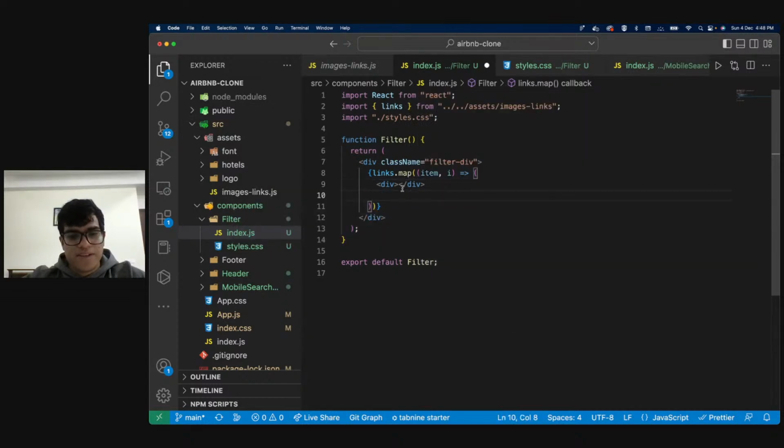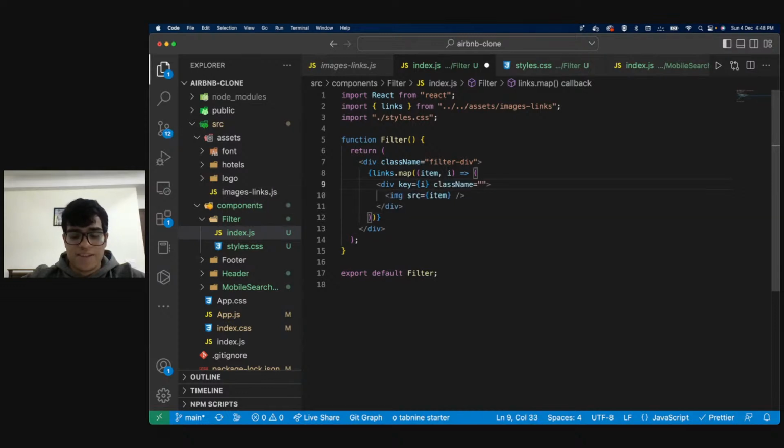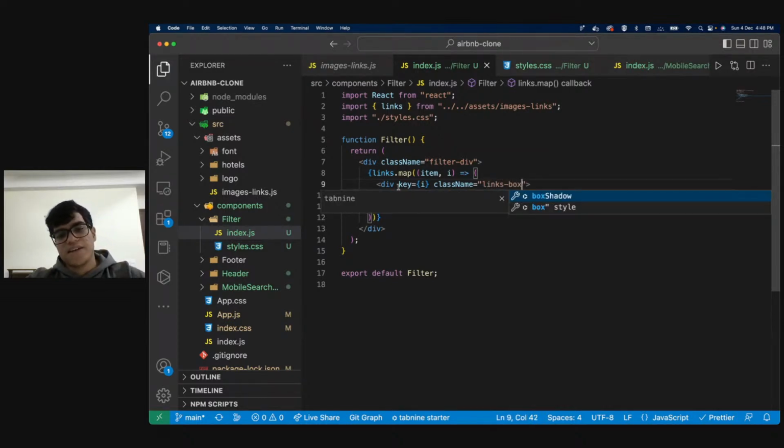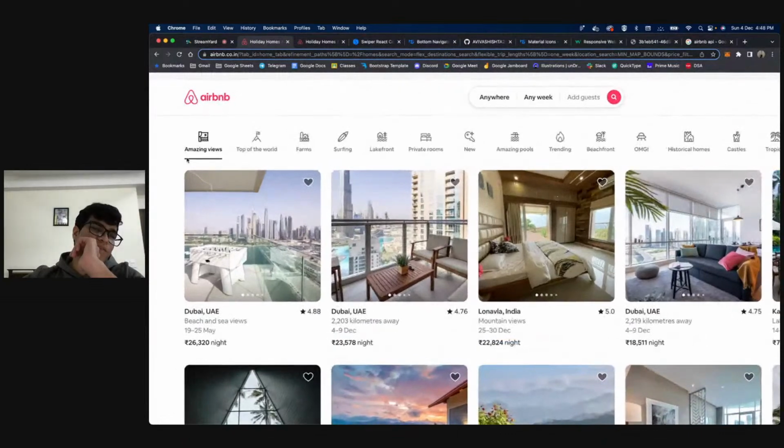So I'll be putting this image inside our div. I'll be taking out the key tag and putting it over here. I'm going to give it a class name, and I'm going to call this links box. Now my links box is actually going to be not a flex, but it's going to be a div,